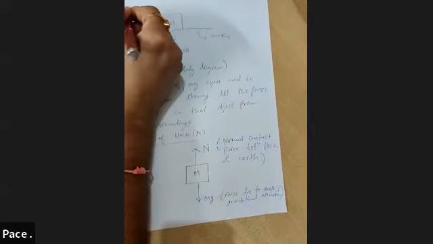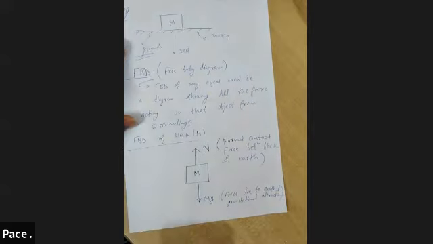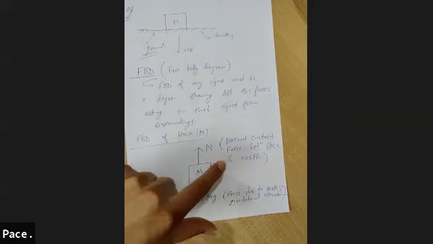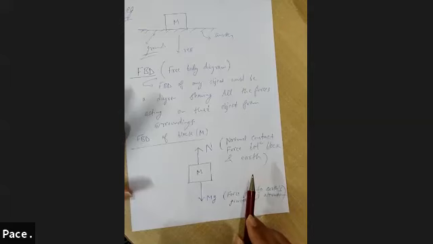So right now for this example, I can see only two forces acting on this block of mass M. One is acting in downward direction, and that is due to Earth's gravitational force of attraction, mg. Another one is due to the contact, which is known as normal contact force. That contact is between Earth and mass m. Okay, so these are the two forces acting. This is the FBD of block M.